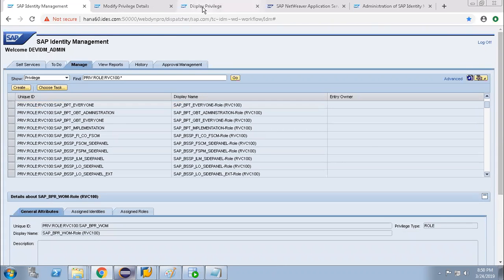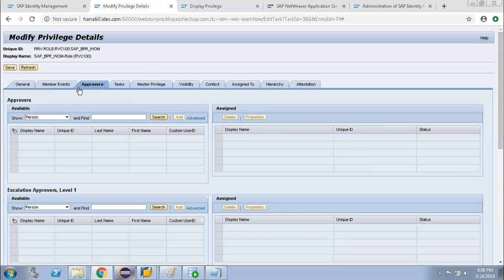Now, what is the difference between owner and approver? The owner is who owns the role. The approver is who approves the role.